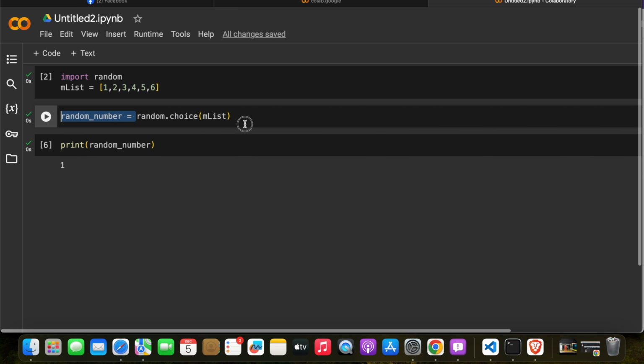Now what I will do is just take this code inside the print, then run that. We got 1 again, and let's run it again, and we got 2 and we got 5. Okay,